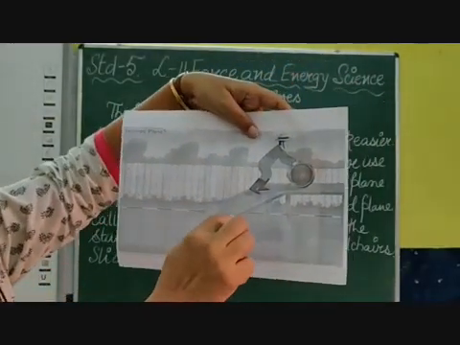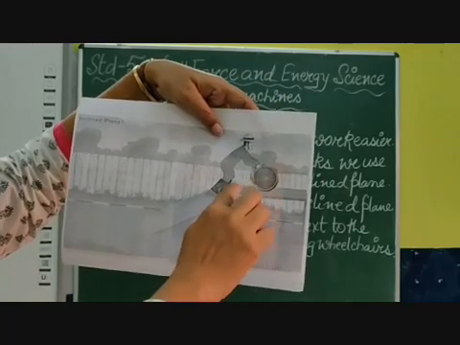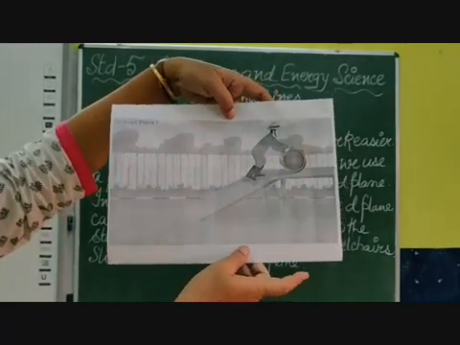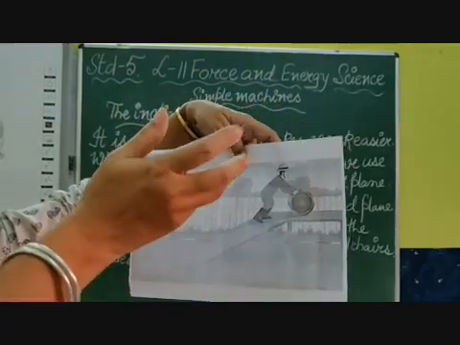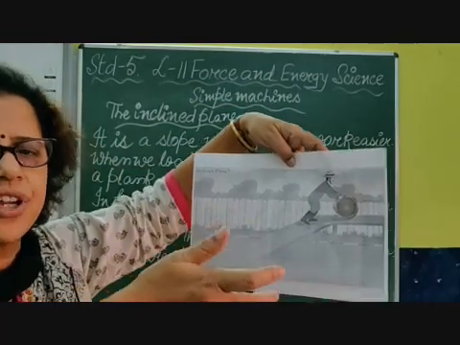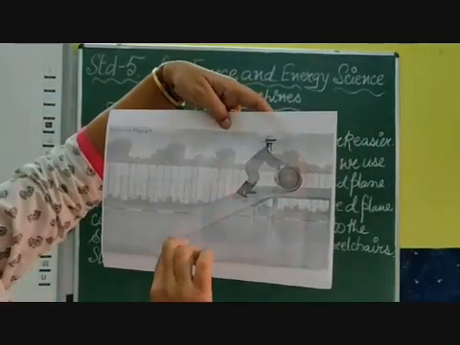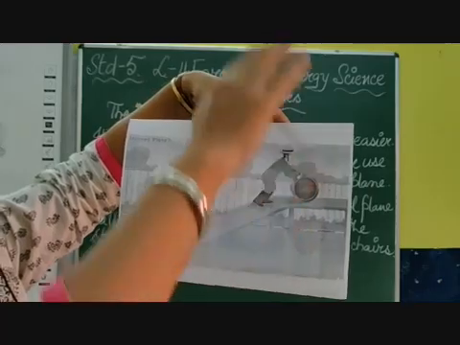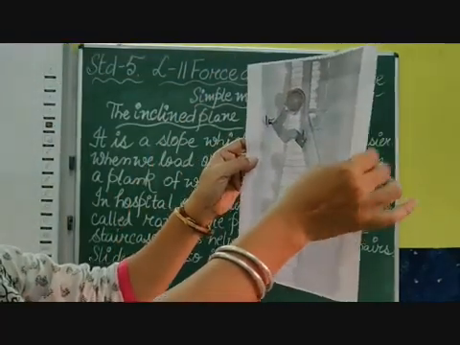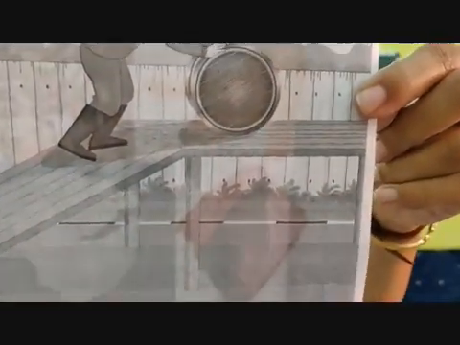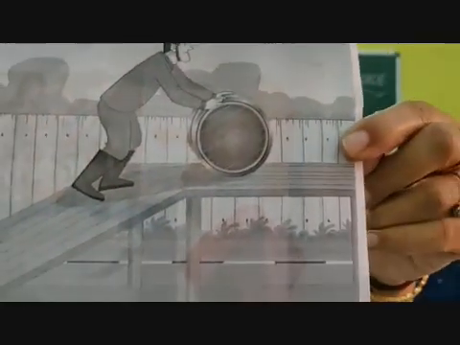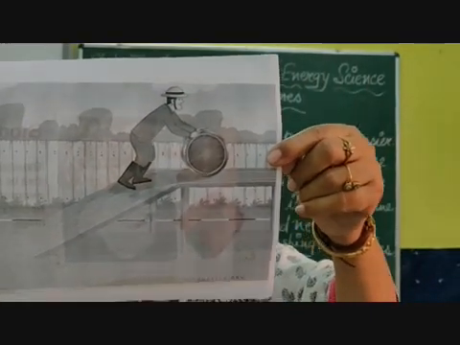Children, as you can see, this heavy barrel, maybe a wooden barrel or a container, is difficult to lift and take into a place, maybe inside a factory or industry or onto a truck. So with an inclined plane, you just roll it, or you put the inclined plane like this and it will come sliding down. So they are used, and this makes the work easier, less difficult and faster also. So this is an example of an inclined plane.